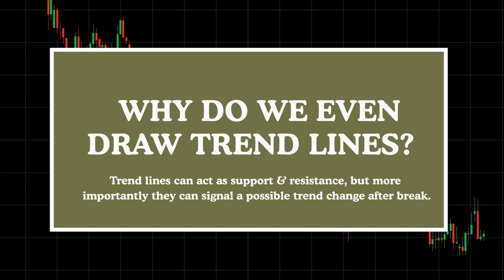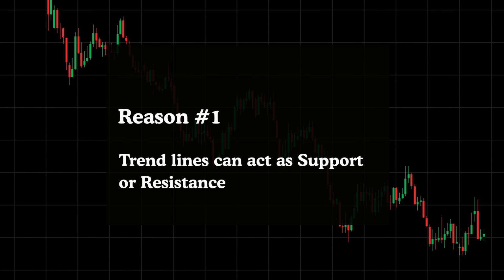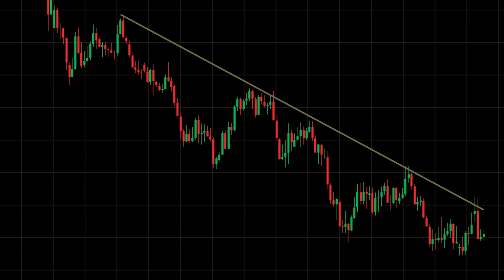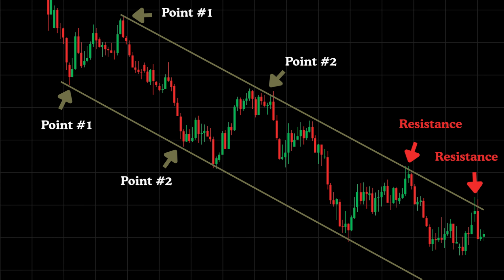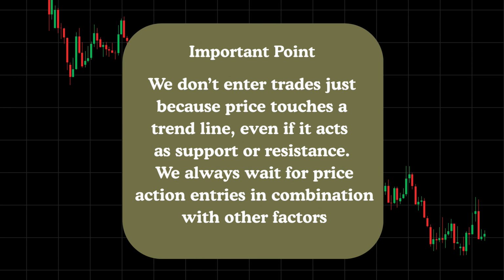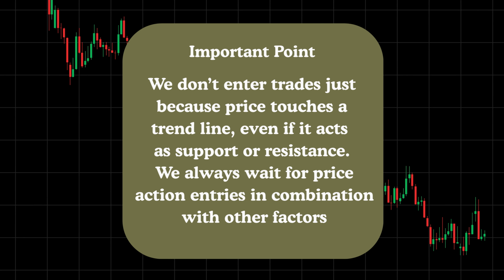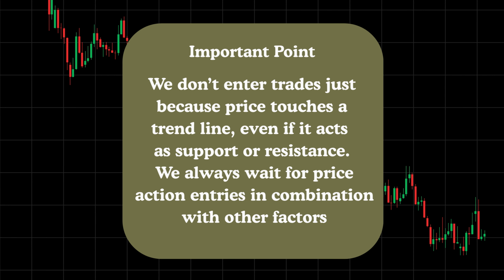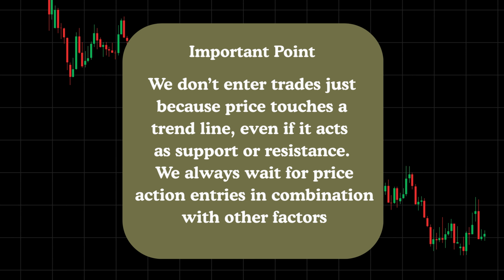So, why do we even draw trend lines? The first reason is that trend lines can act as support or resistance. At the top, the trend line acted as resistance when the price reached it, and along the bottom, notice how the trend line acted as support. Here's another key point. We don't enter trades just because price touches a trend line, even if it acts as support or resistance. We always wait for price action entries in combination with other factors, which we will explain later